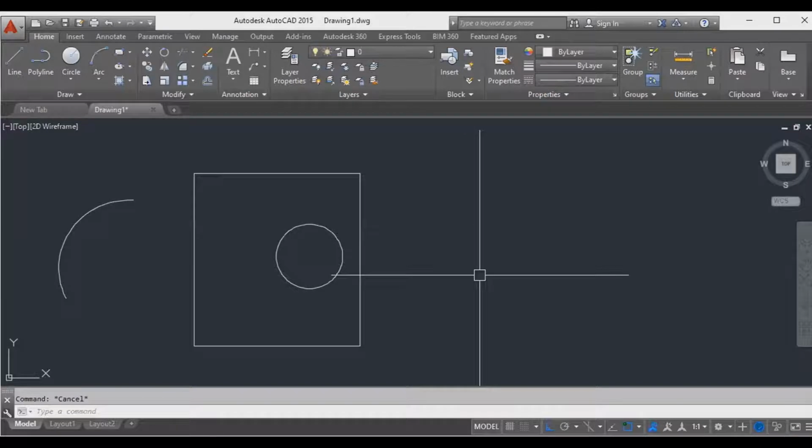See, there are 2 types of selection in AutoCAD. One selection is called open window. The second selection is called cross window. I will teach you what is open window and what is cross window.